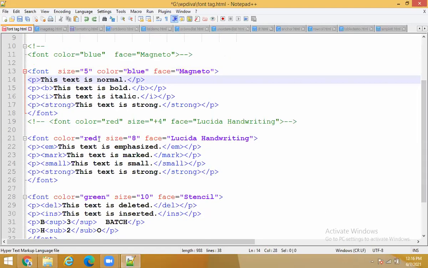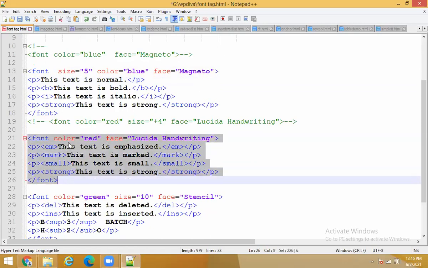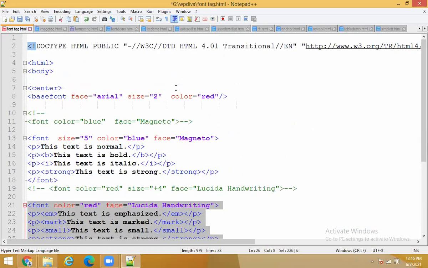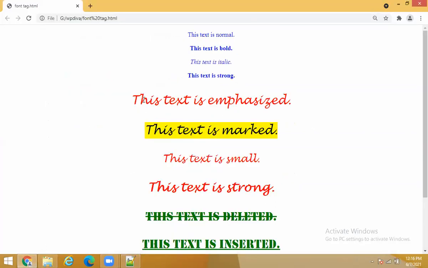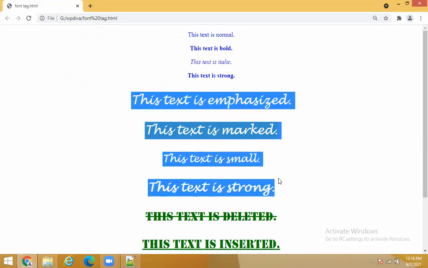Now let me take a second example. Let us check color here. Already I have taken red. So what I will do now, I will skip the size. If I skip the size from here, what is going to happen for this part? For this part, color will be red, face will be Lucida Handwriting, and size by default it should pick from here. That is size equals 2. Initially it is showing me this size, which is 8.